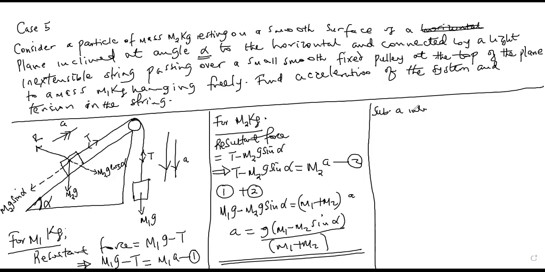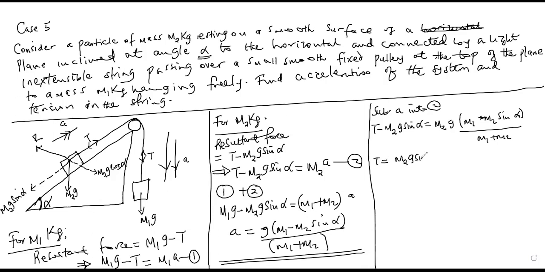When you substitute a into equation 2, you will be having T minus m2g sine alpha equals m2 times a, so it will be m2g(m1 minus m2 sine alpha) out of m1 plus m2. So this is going to be T is equal to